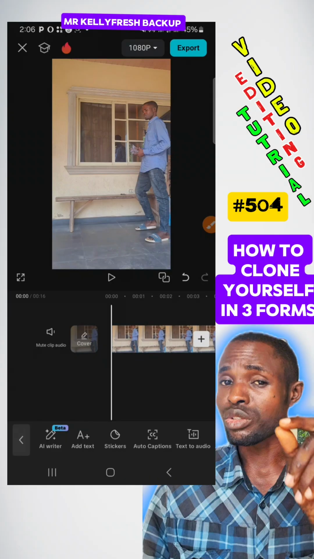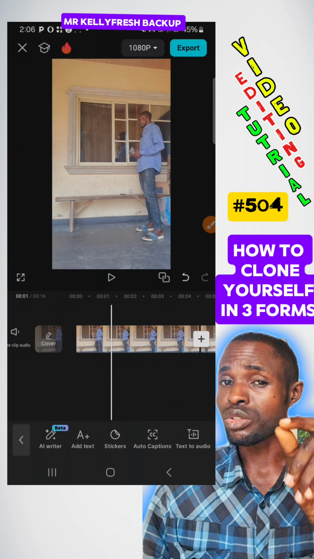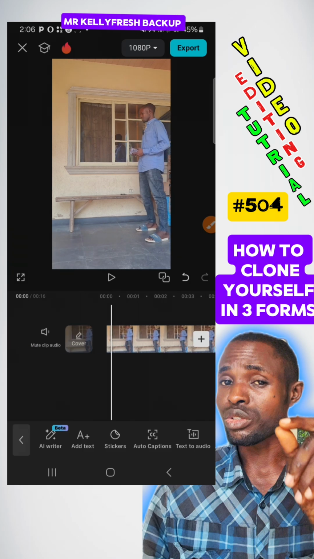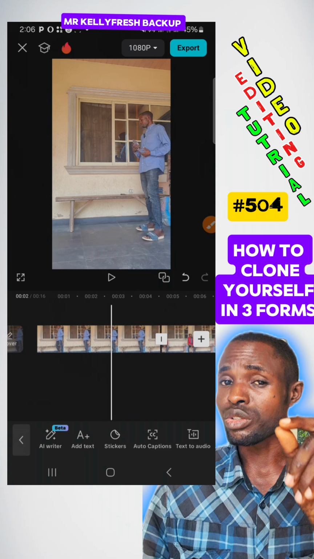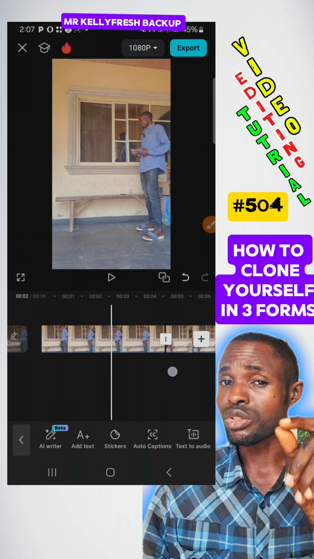So on getting to CapCut here, these are the 3 clips that we've recorded, okay? The purpose of this video is to show you how to make one person appear at a particular time on his screen. In my next video, I will still show you how I recorded this video. If you had watched my previous video on this, you will understand what I'm talking about. I'm just using this one to show you basically how to make yourself appear once on the screen at a particular time. So this is the first clip where I was acting as though I was talking to somebody,